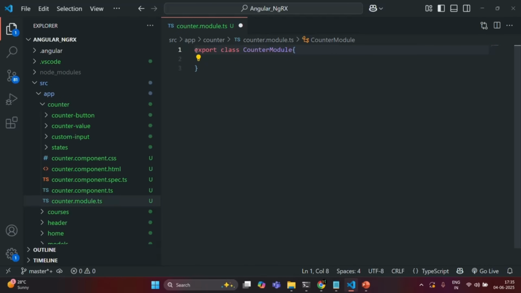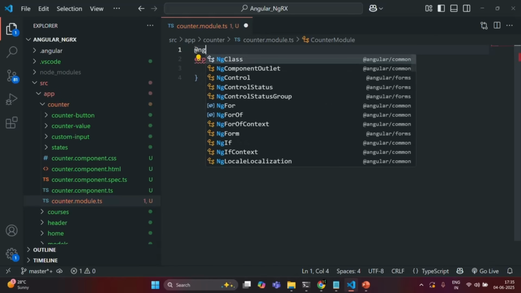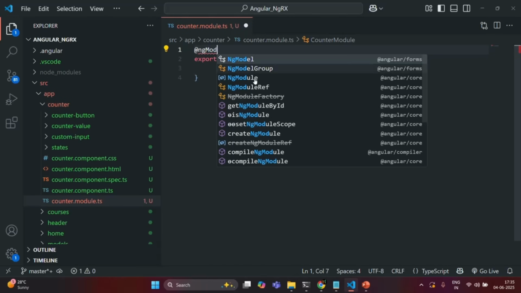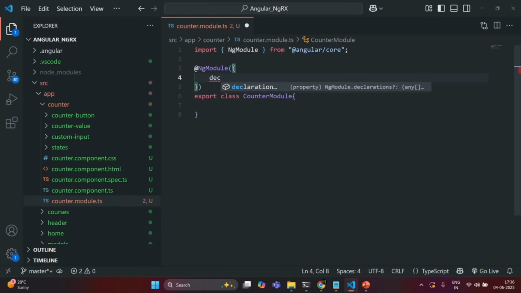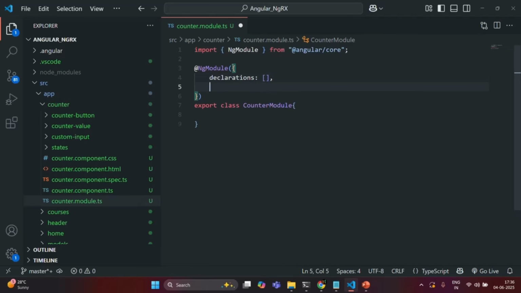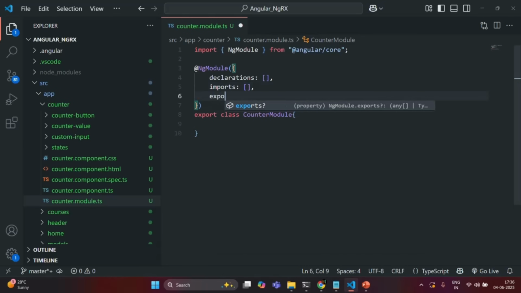And now to make this class a module, we need to decorate it with ngModule. And to use this ngModule, we need to import it from Angular/core. So this is the first step. Now to this ngModule, we will pass an object, and in that object, we have properties like declarations, which is going to be an array. Then we have imports, which is again going to be an array, and we have exports, which is going to